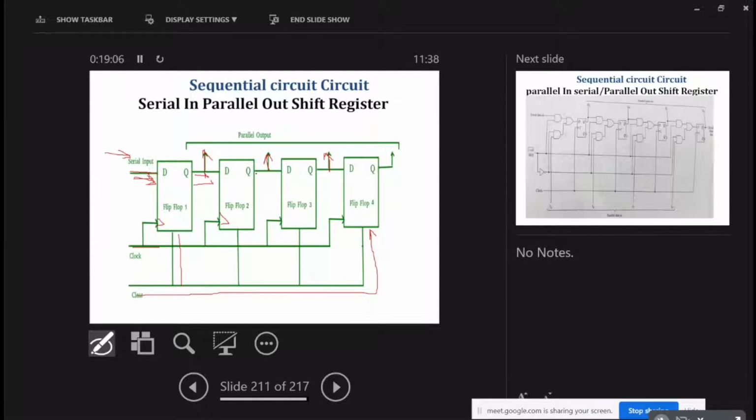Again, for the next flip flop, the output terminal is connected with the input terminal of the next, and again the input terminal of the last flip flop is connected with flip flop 3. Okay, so this is like a chain. Suppose this is a 4-bit information, 1011. First, how many clock pulses do we need to get the information into this register?